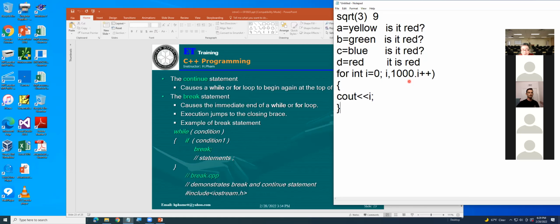However, for some reason, you say if i equals 100, you don't want to do any more. That's why they're using break. So you can add in here: if i equal 100, then you say break.